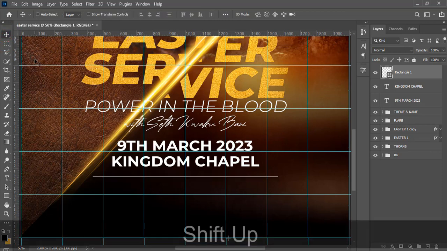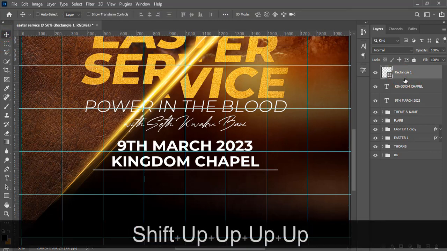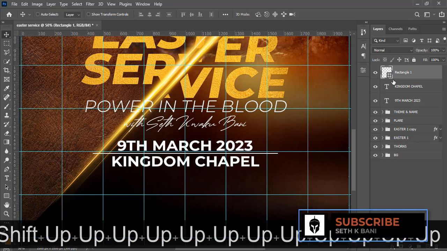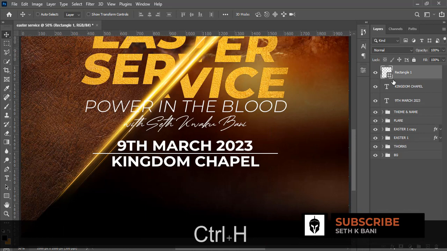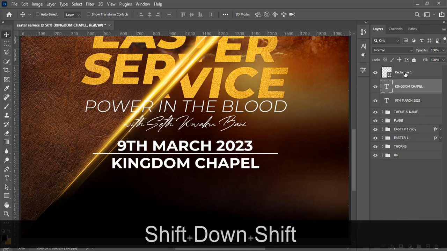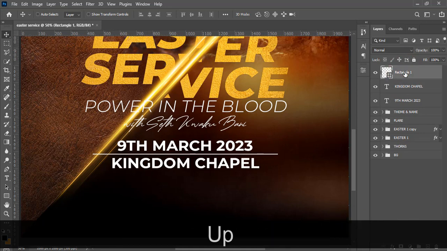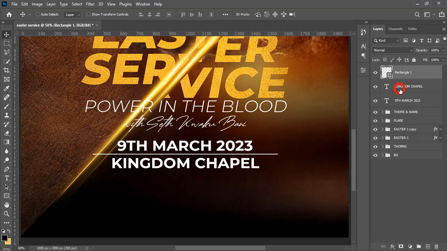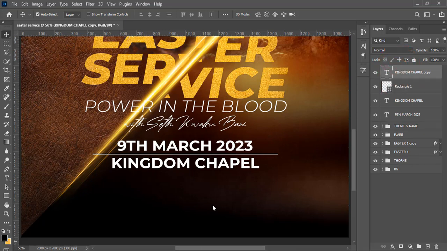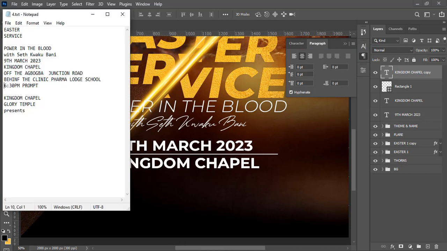Okay, and then let's close this one, click on our move tool so that we can move the rectangle. With the rectangle selected, we can move it up. And then I'll drag kingdom down a little bit, and then maybe I'll make sure it's in the middle of both of them. Okay, let's duplicate kingdom and drag kingdom up, and then let's go here, guys, make sure it's middle aligned. Okay, let's go and pick these two,